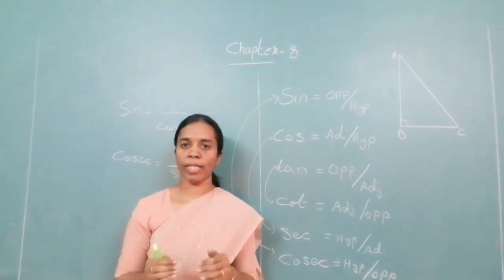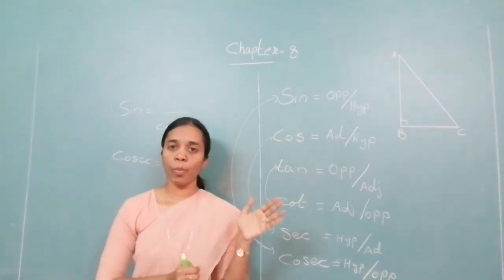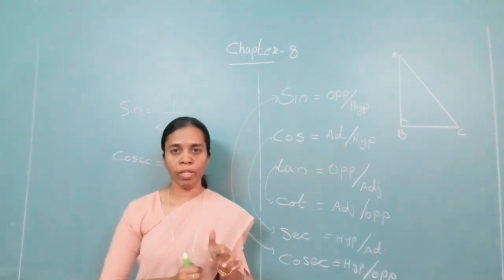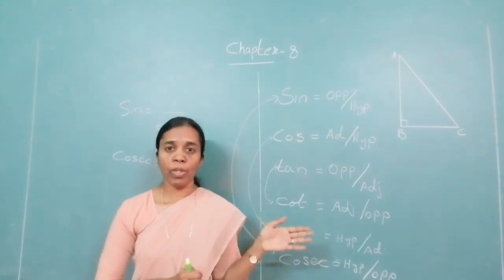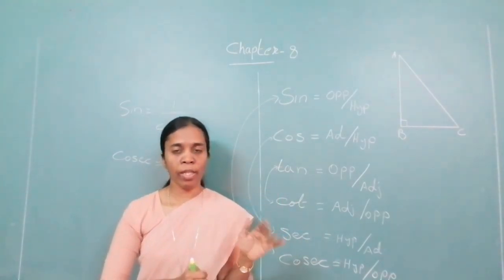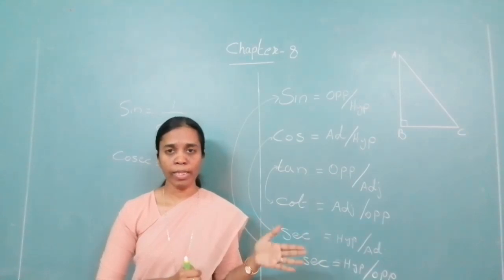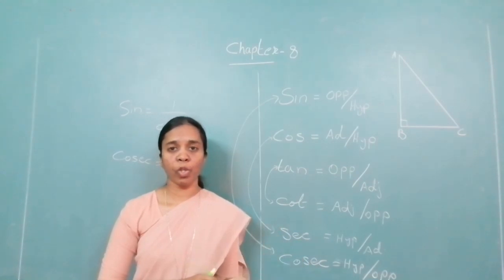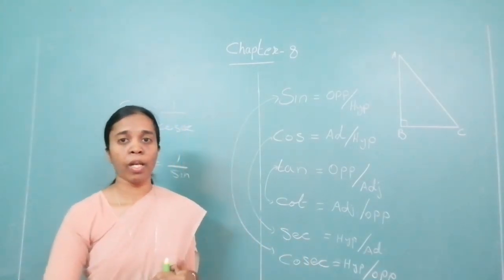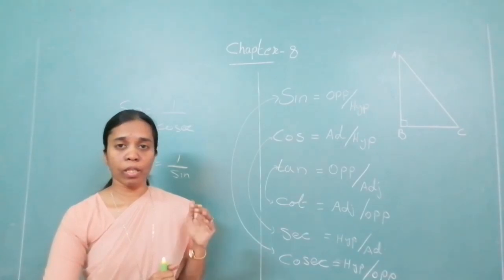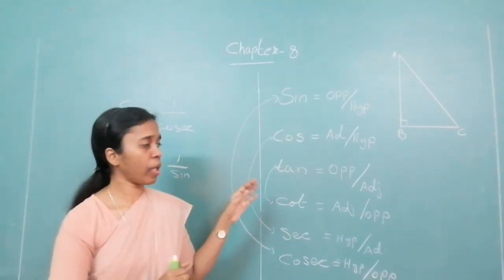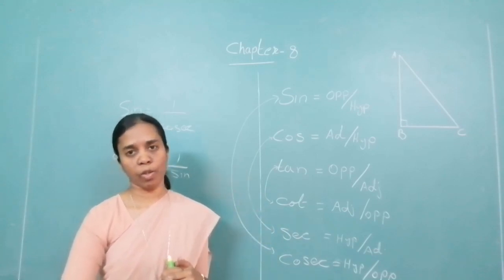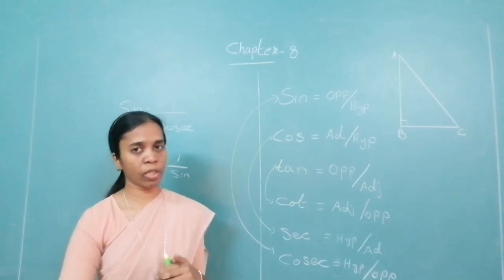Okay, so please learn. Sine, cos, tan, cot, sec, cosec. Sine, opposite upon hypotenuse. Cos, adjacent upon hypotenuse. Tan, opposite upon adjacent. Cot, adjacent upon opposite. Sec, hypotenuse upon adjacent. Cosec, hypotenuse upon opposite. Now you have to learn it by heart, so that even if you wake up from sleep, you can say it. Tan, opposite upon adjacent. You cannot make any mistake over there. You have to learn this by heart.